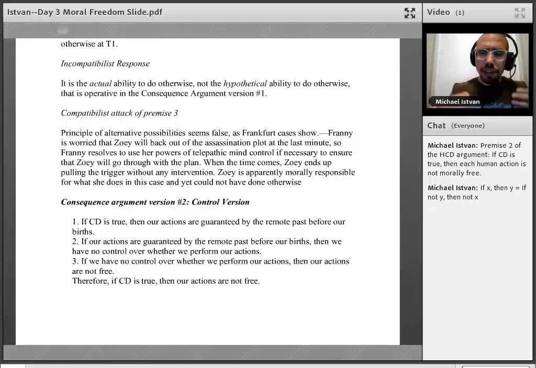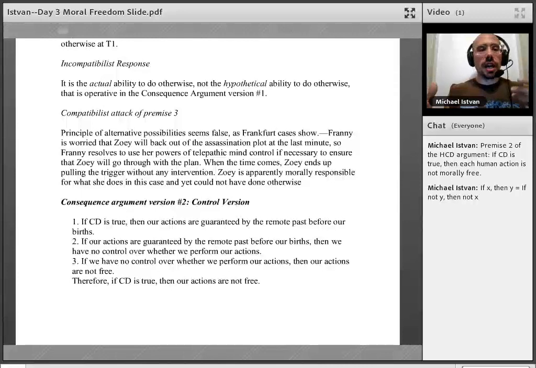So, in other words, Harry Frankfurt develops what is now known as Frankfurt-style cases. These cases are supposed to be cases where even though an agent doesn't have any alternative possibilities at the time of acting, they're still morally responsible and thus acting freely. The principle of alternative possibilities says if you don't have any alternative possibilities at the time of acting, you're not acting freely. Frankfurt-style cases are informal, at least, counterexamples to that principle.